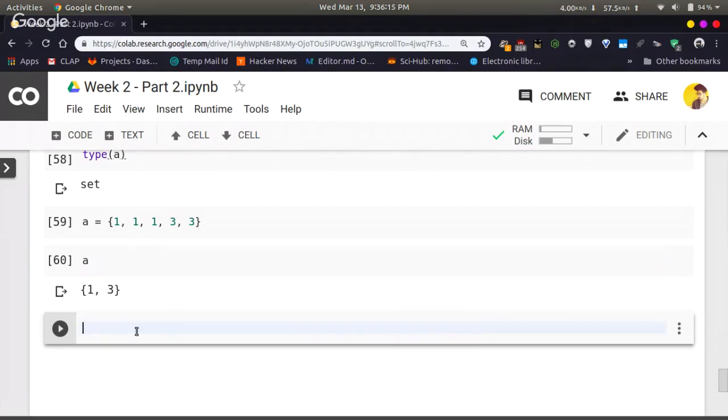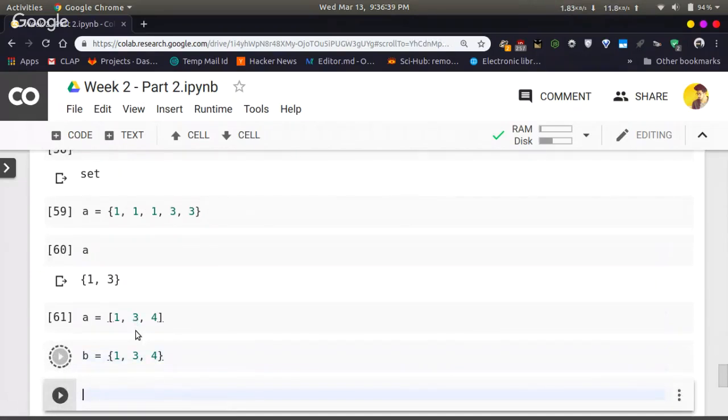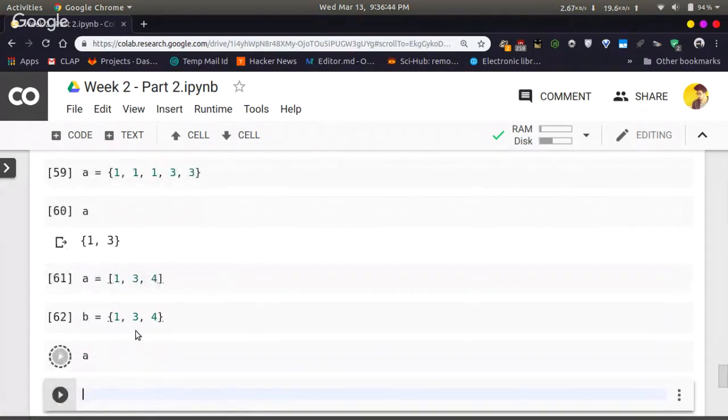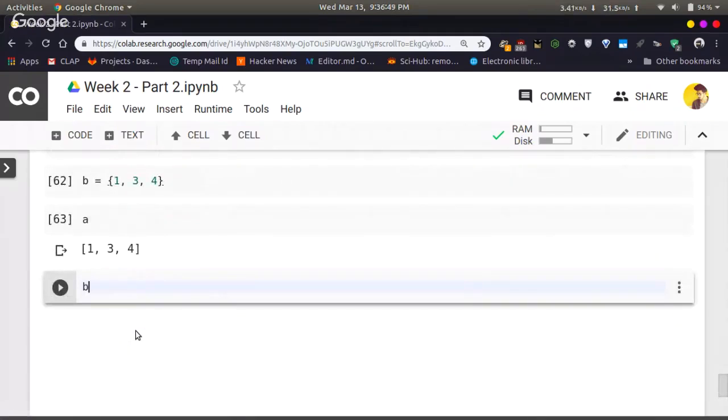When we assign a list with some random values like this, and we assign B a set with the same values like this, it will show as equal. Okay,